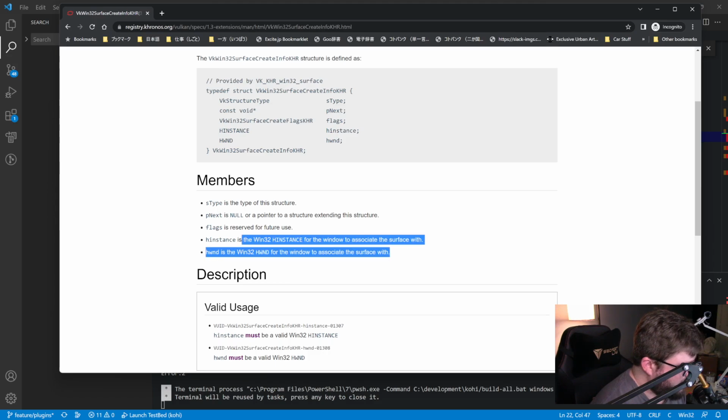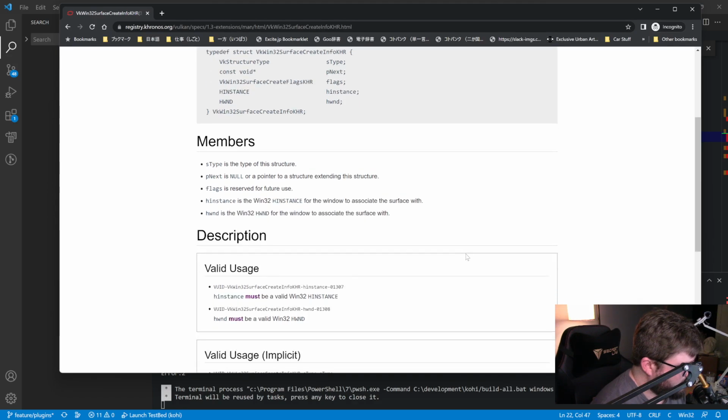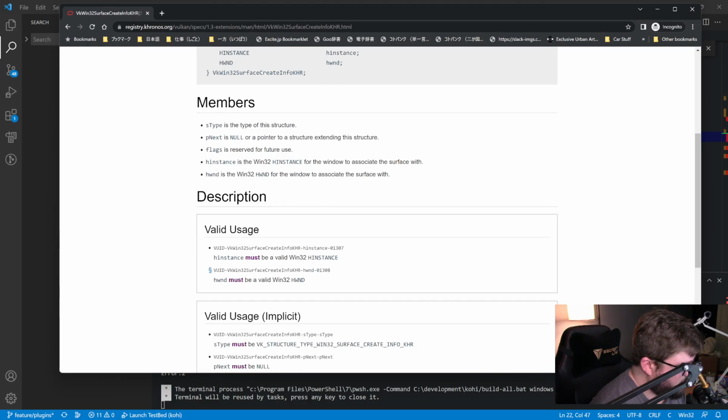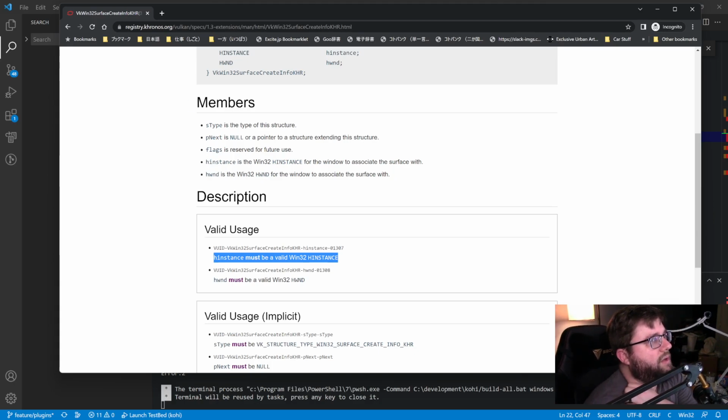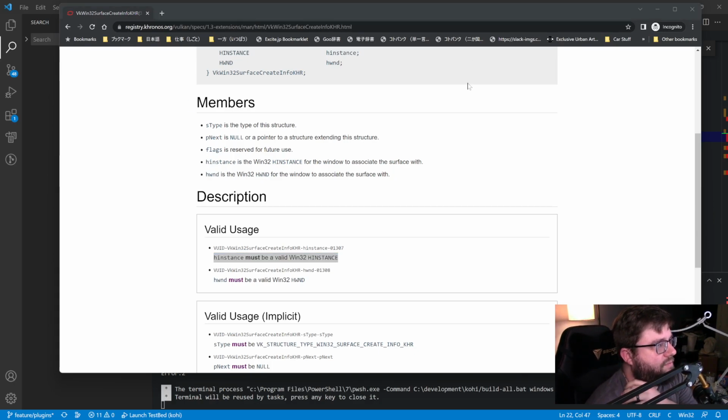It doesn't say whether or not it's optional. Oh, okay. Yeah, so we do need both for valid usage, unfortunately. So, can't you query H instance from the application? I could, but